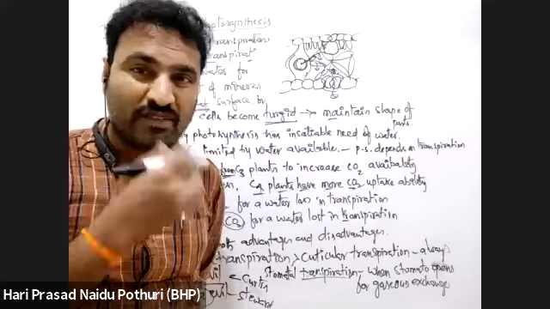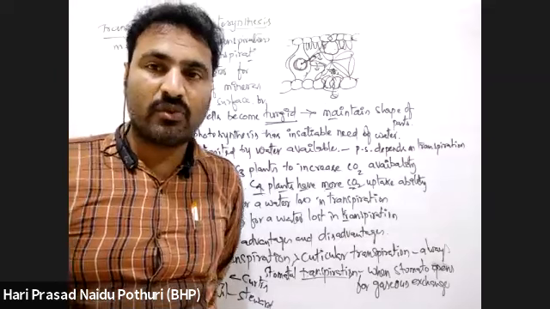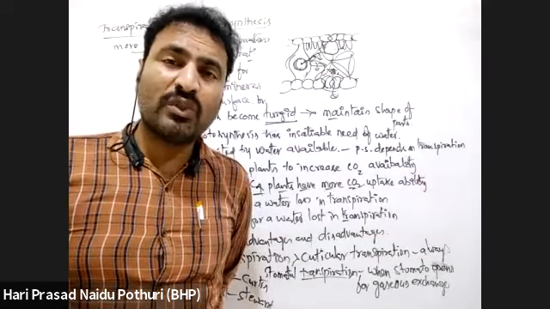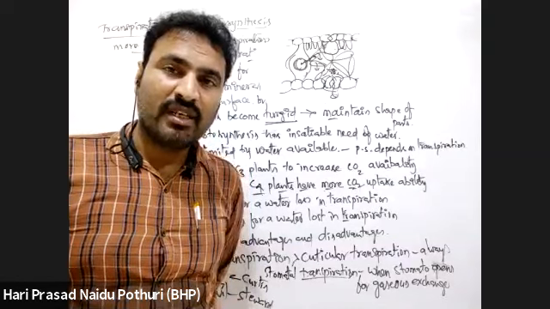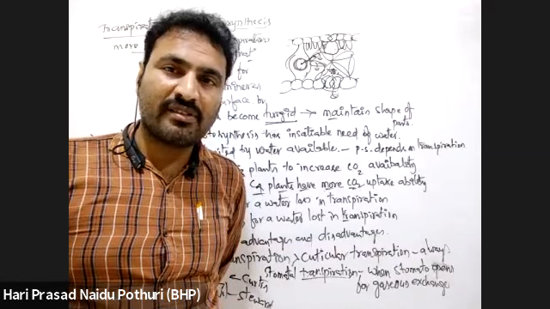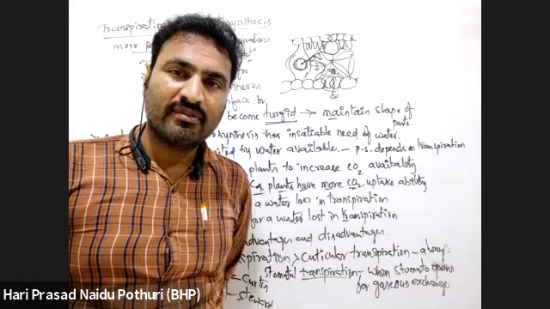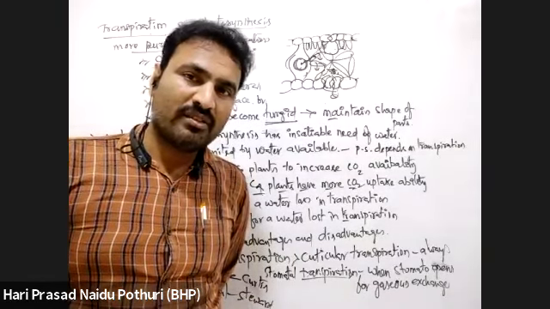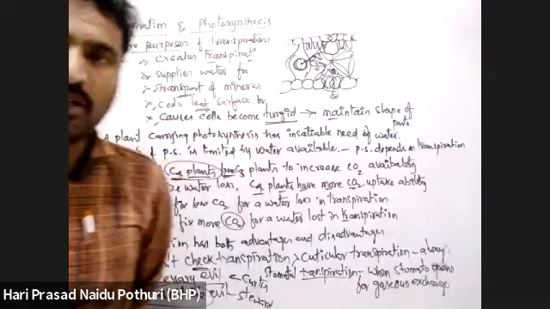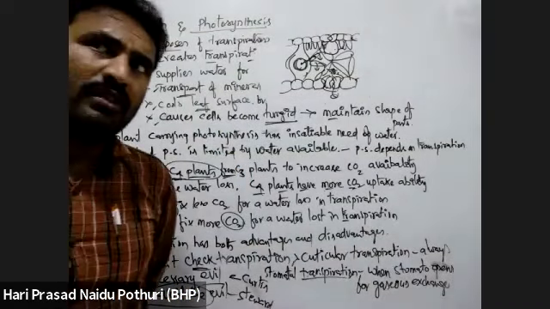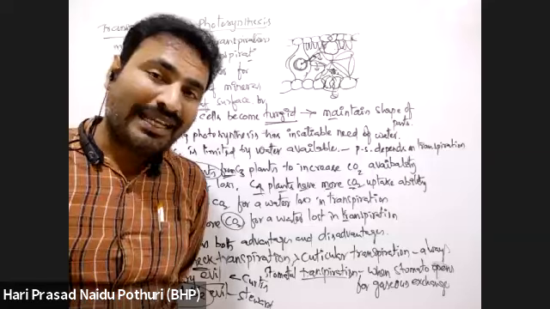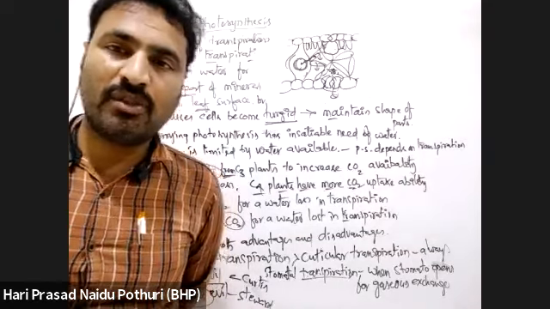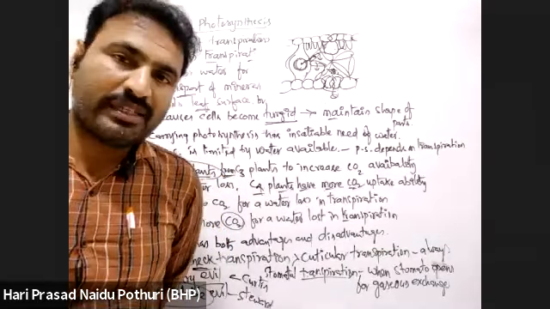The WBT portion is today's class, next day's class, and this week's class. Yesterday's class I already told you: from transpiration to the end of the lesson. You wrote up to root pressure, I think, and the apoplast and symplast pathways. From the next topic until the end of the lesson is the WBT portion. I announced it already in the previous class.